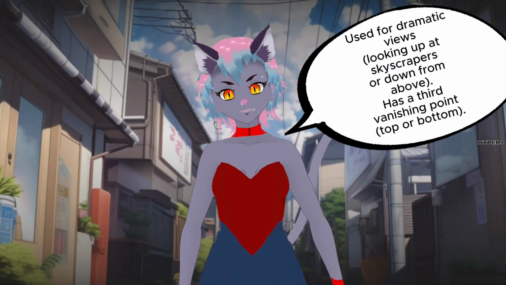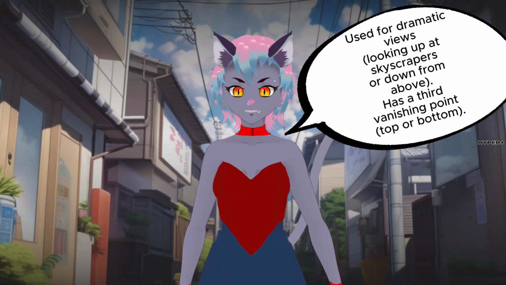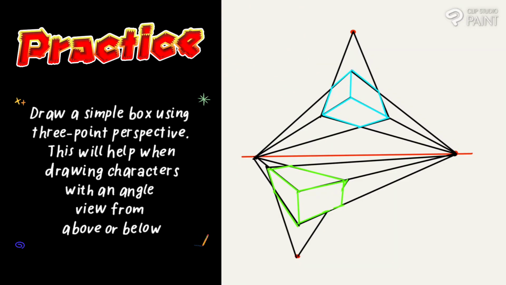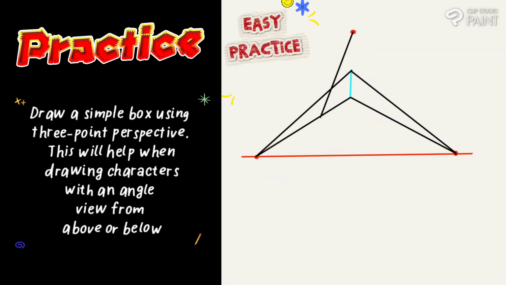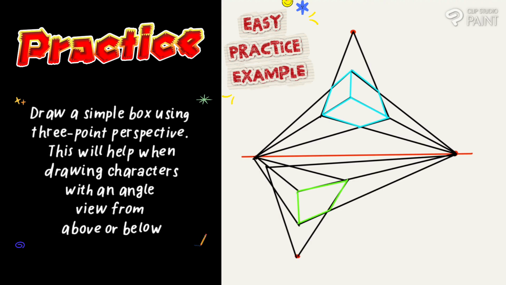Used for dramatic views, looking up at skyscrapers or down from above. Has a third vanishing point, top or bottom. Draw a simple box using three-point perspective. This will help when drawing characters, with an angle view from above or below,